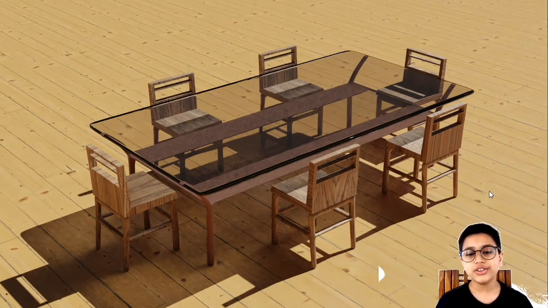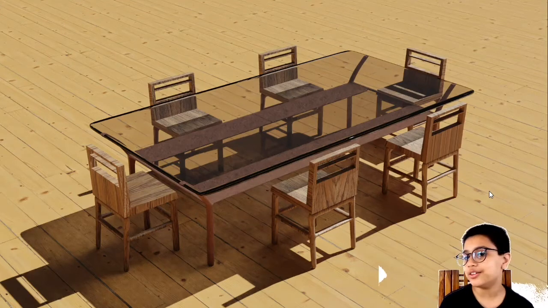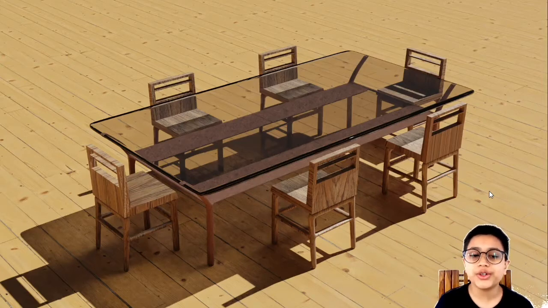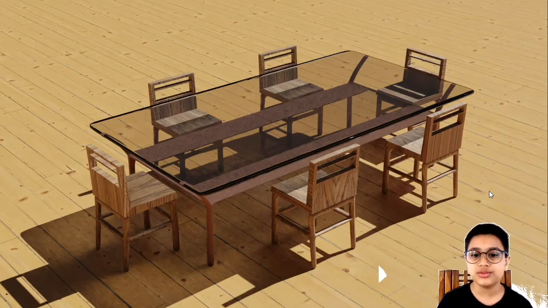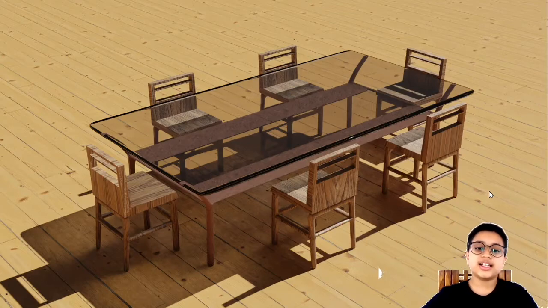So in this tutorial, I would like to explain to you the components that we are going to use in this tutorial series. I would also like to tell you that at the end of this tutorial series, I will teach you how to make this, and in this series after the explanation I will also tell you how to make the wooden flooring. So let's get started.